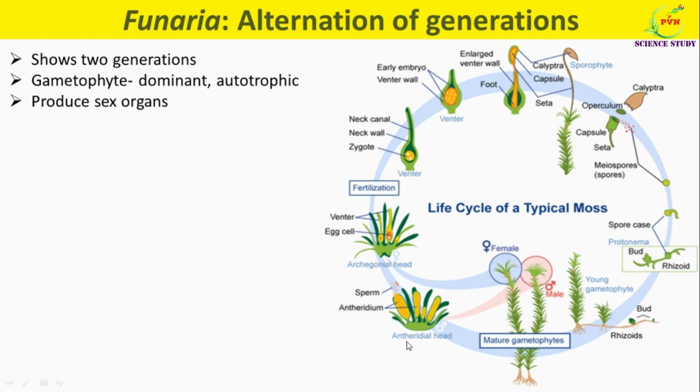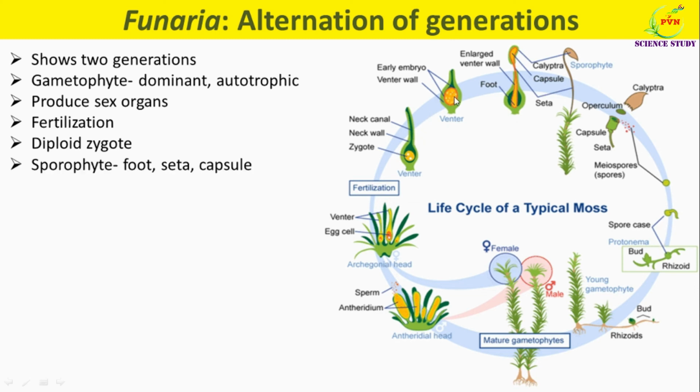Antheridia are produced on antheridial head, while Archegonia are produced on archegonial head. Antheridium produces the male gamete antherozoid, while the Archegonium produces the female gamete, that is egg cell. The antherozoids are moved towards the egg by the chemotactic movement, and the male gamete fuses with the female gamete by the process of fertilization. The result of fertilization is diploid zygote. Zygote is the first cell of the diploid generation.